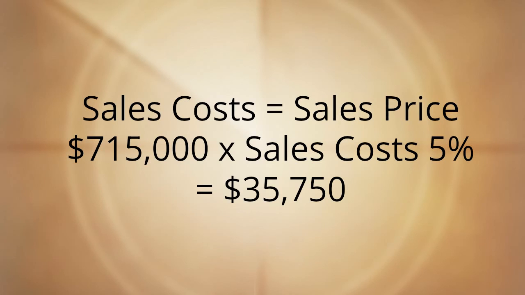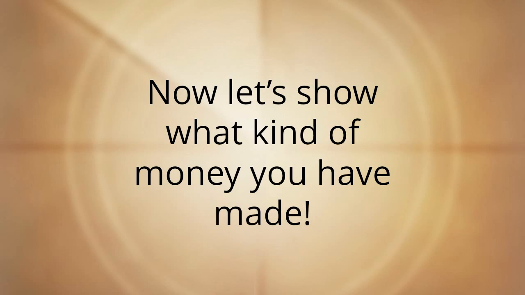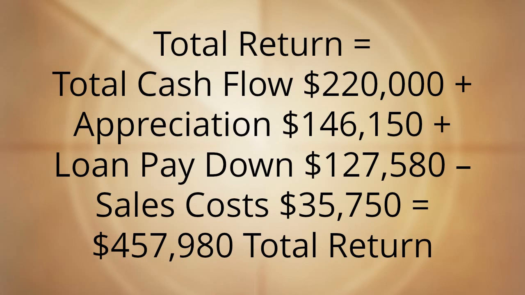Sales costs that should be considered would be realtor commissions. I often figure 5% on a large sale like this, but it depends on your agent. So the sales costs would be the sales price of $715,000 times 5%, which is $35,750. Now let's show what kind of money you've made. So the total return would be the total cash flow plus the appreciation minus sales costs equals your total return of